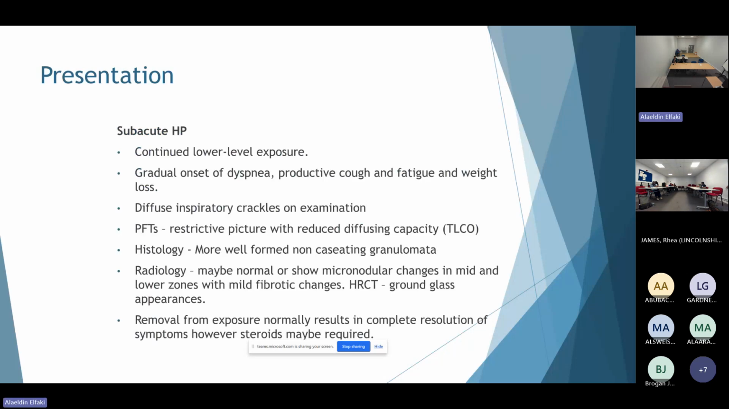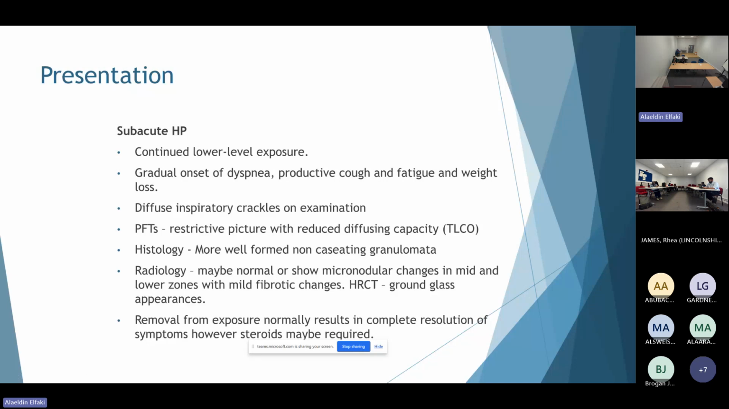The subacute form might present with the same dyspnea and productive cough, but for a prolonged period of time, and crackles are a predominant feature on chest examination, in addition to a restrictive pattern on PFT. Histologically, you'll also find non-caseating granuloma on lung biopsy, and on CT scan you'll find micronodularity and